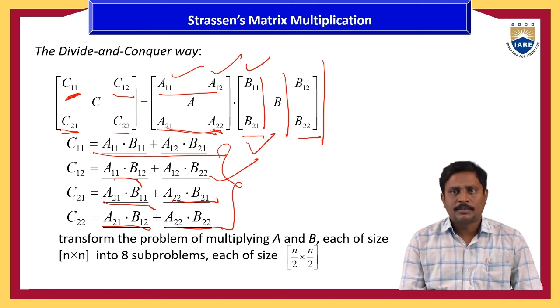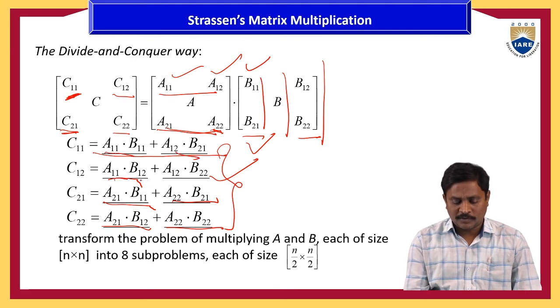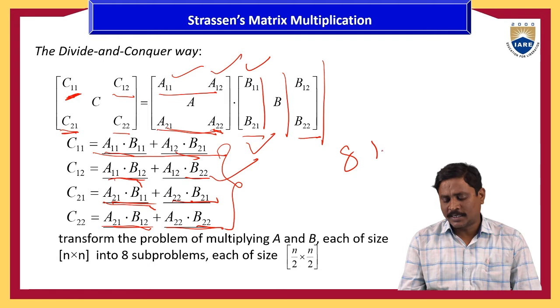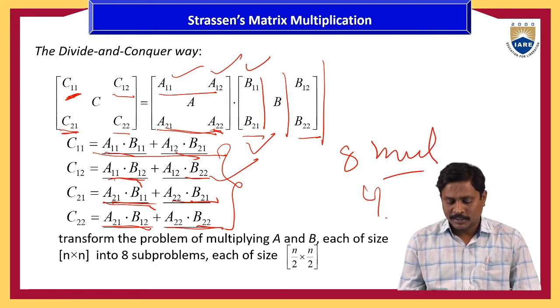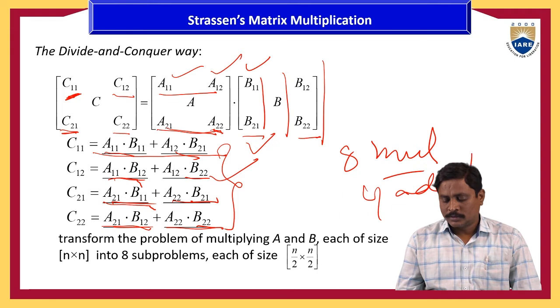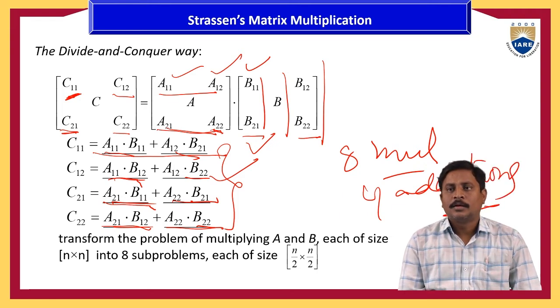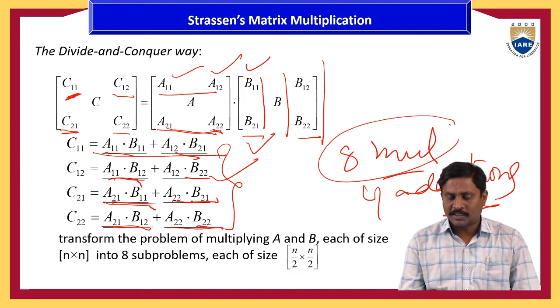Now here we observe how many multiplications and how many additions we make in this usual multiplication. So totally 1, 2, 3, 4, 5, 6, 7, 8 multiplications and 4 additions we made. Generally, this multiplication takes more space and more time to compute. More multiplications means more time complexity to multiply these matrices, and it occupies more space to store them.